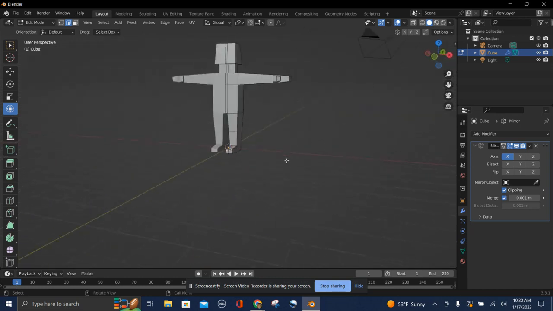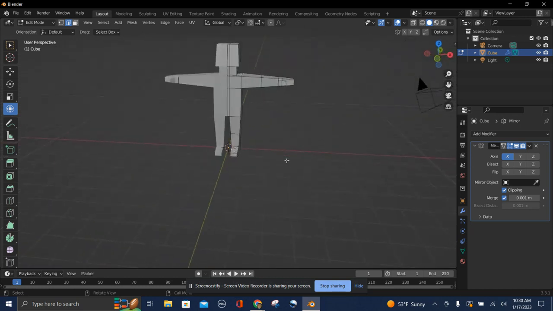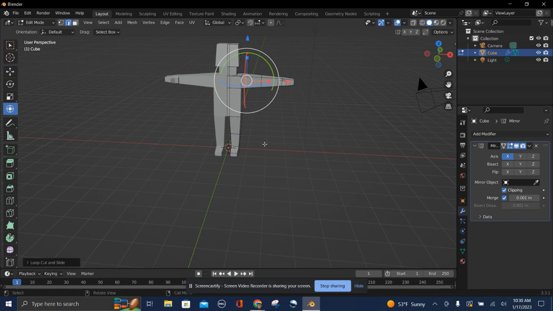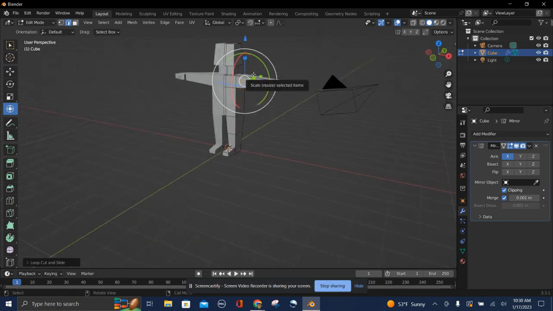Okay, so there are the loop cuts for the arm and the leg. We have to do one more. We have to do two more loop cuts, one on our leg and one on our arm. So you want to loop cut and push this closer to the shoulder. That'll help push this arm to be a little bit